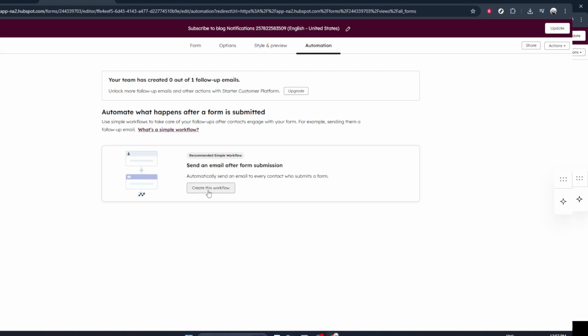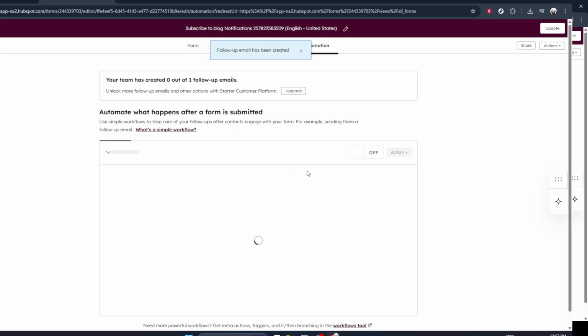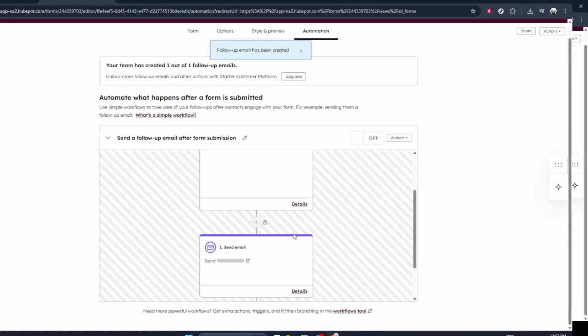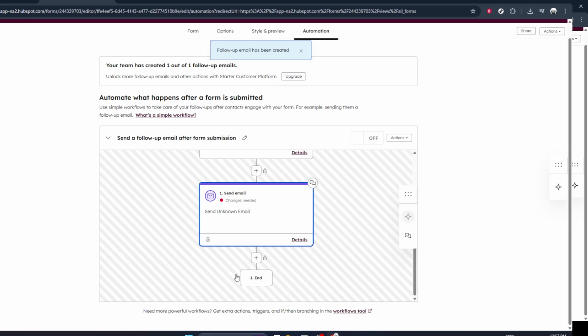Now, to properly set up automated follow-ups, click on the option that says Create this workflow. This will generate a workflow that's tied to that specific form submission. From here, you can customize the follow-up email content, timing, and any additional actions you want, like updating contact properties